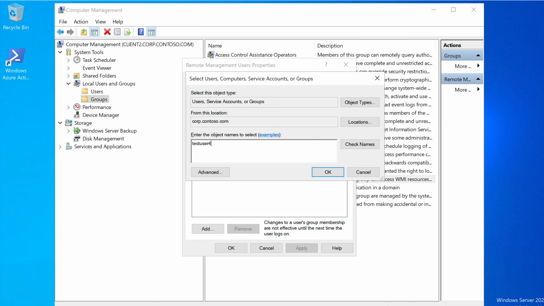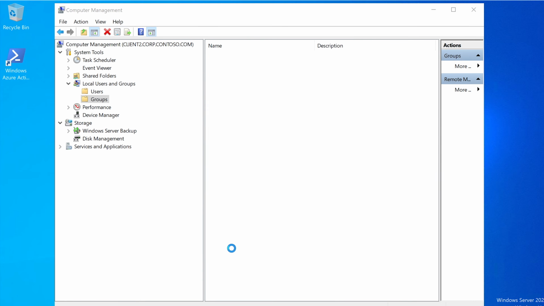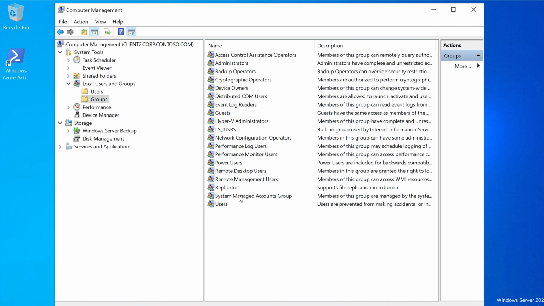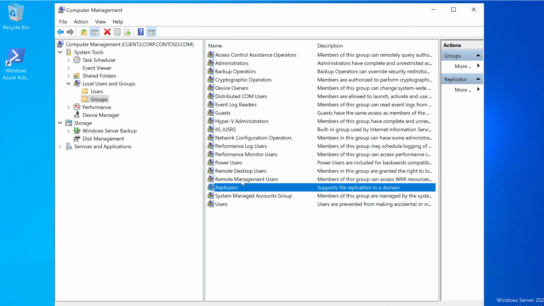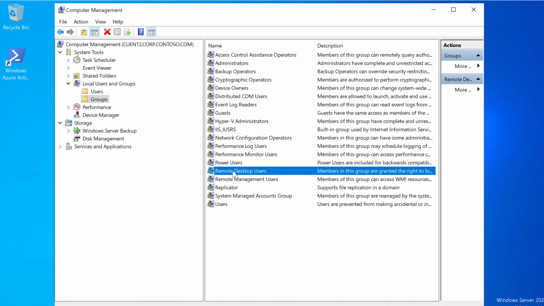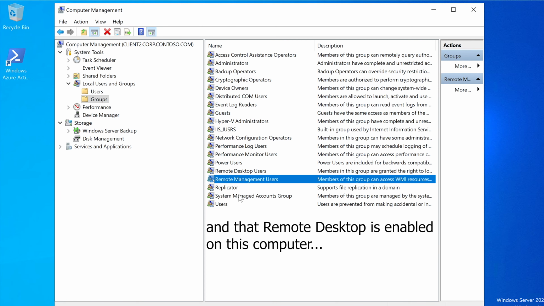Again, we are granting test user 4 the ability to just use remote desktop and log into this. And then sometimes you would have to do it for the other ones. And I forget which one was a system managed account groups or something. One of these other ones, sometimes you will get an error. But generally speaking, if you want to allow somebody to use just a regular remote desktop on a remote computer, you have to make sure that they're added locally to remote desktop users or remote management users as well. If you get an error, carefully read what it says, and it would say, for example,